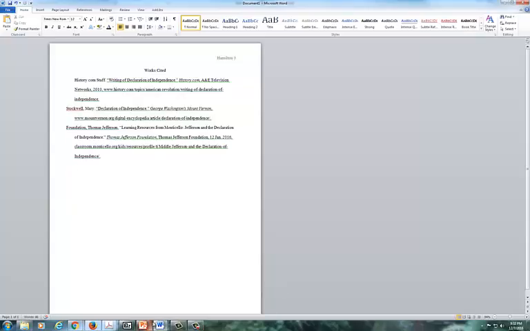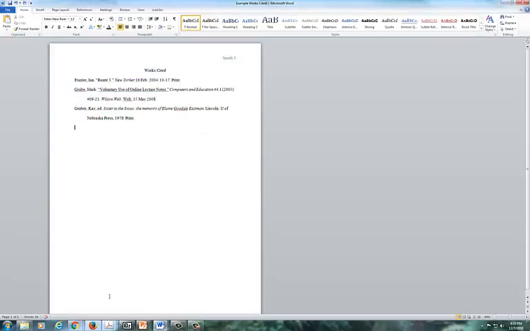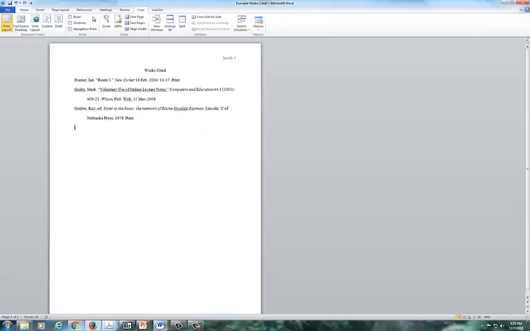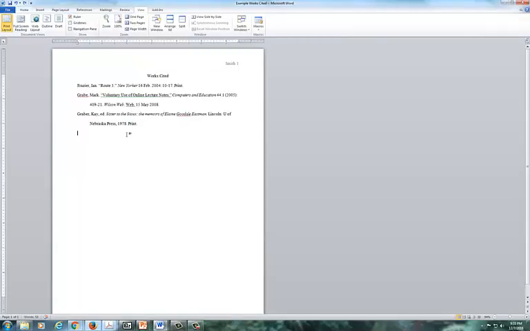So I'm going to go back to my example works cited page again, and I'm going to put my ruler up. It's a little bit hard to see on these citations because they are so short, but notice that these are like inverse paragraphs. The first line is not indented. See, it's over here flush with the 1-inch margin. And then the second line is indented,